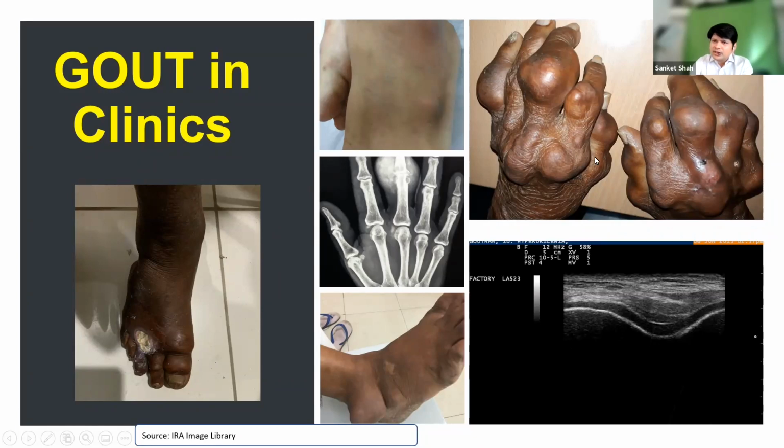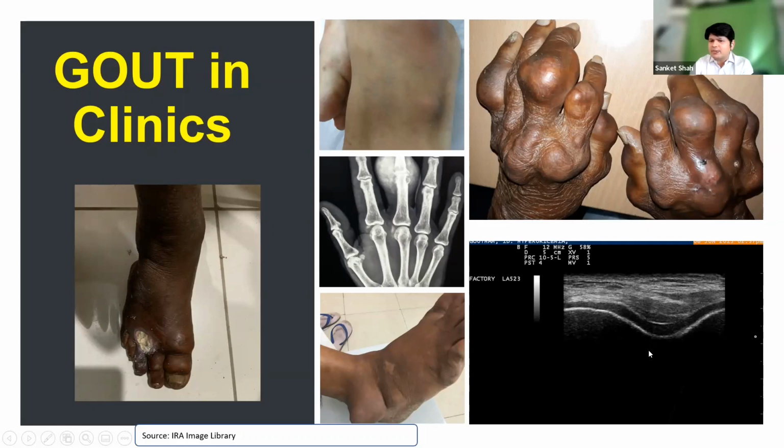This is a classic polyarticular gout. It takes a lot of time. Sometimes it shows our collective failure that we could not prevent this. Okay, and someone will say, okay, the patient does not come in. I agree, but sometimes we have to be sure that this does not go to this. Okay. This is also gout tophi, and this is a very